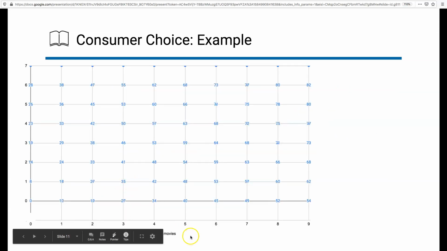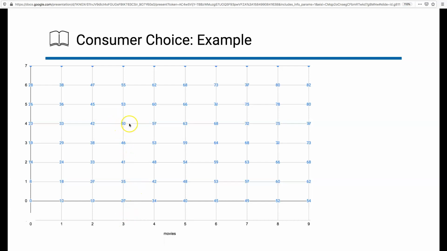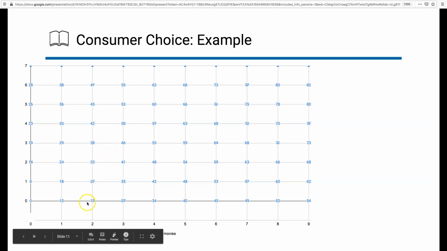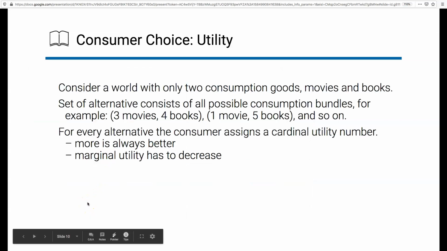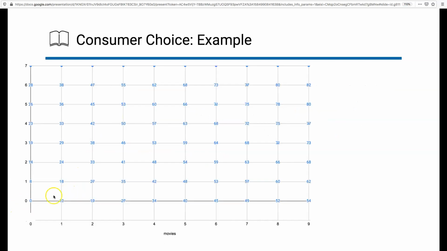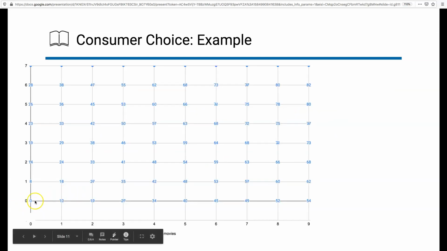You can see movies are on the bottom, books are on the vertical axis, and then for, say, 4 movies and 1 book, we assign utility to be equal to 42. For 3 movies and 4 books, the utility equals 50, and so on and so forth. So given the rules that I just described, more is always better, marginal utility has to decrease, the numbers have